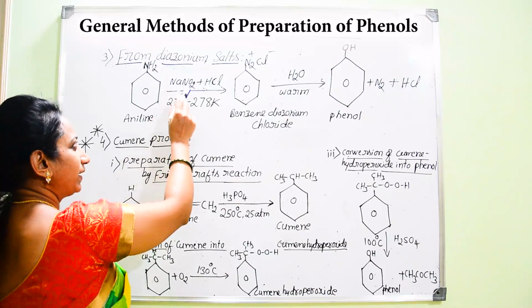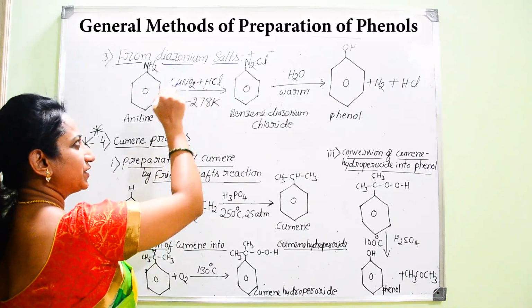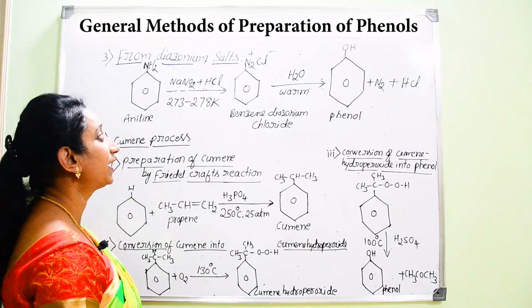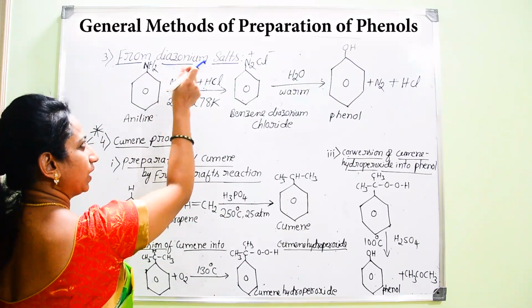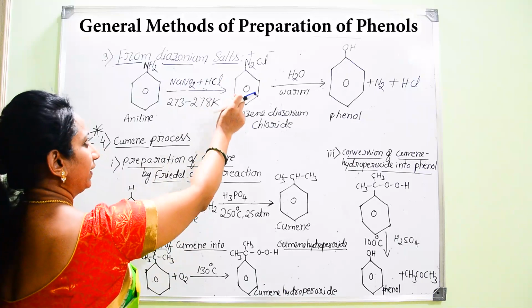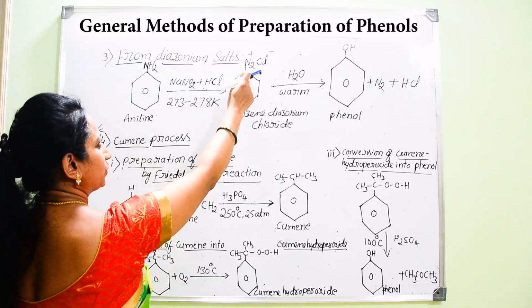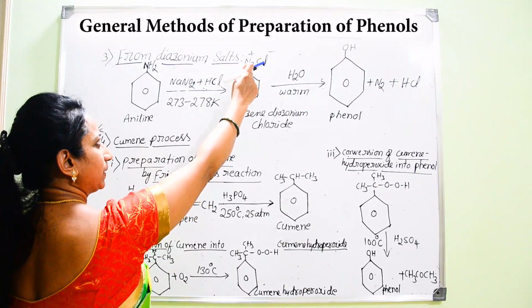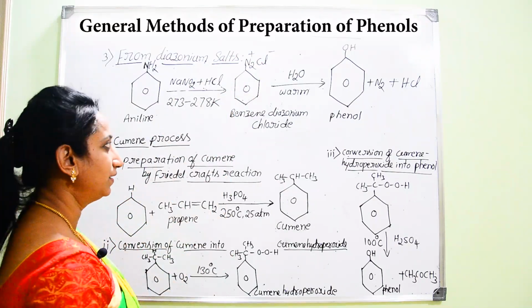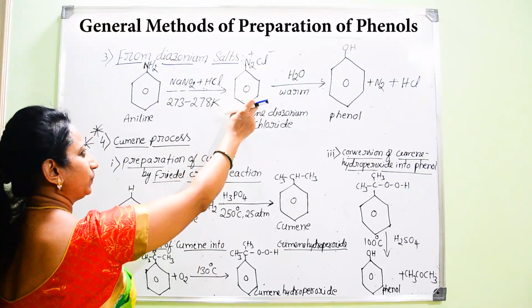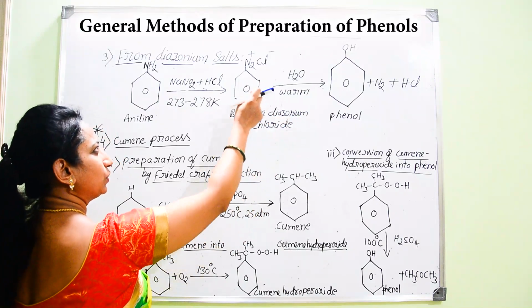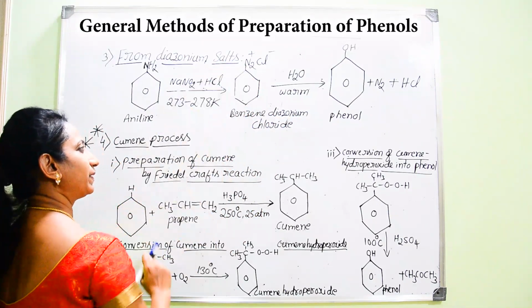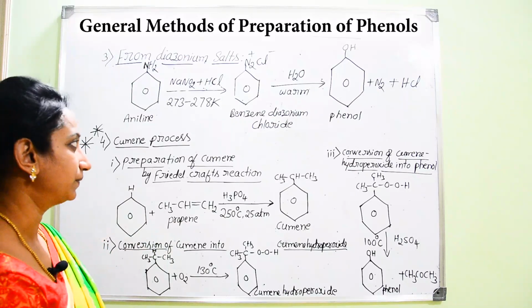Once this aniline is made to react with a mixture of NaNO2 and HCl, sodium nitrite along with HCl generates nitrous acid, that is HNO2. When aniline reacts with HNO2 along with HCl, it helps in the formation of the azo group, that is N triple bond N along with the Cl. Hence the product obtained here is benzene diazonium chloride. To the benzene ring there will be an attachment of N2Cl.